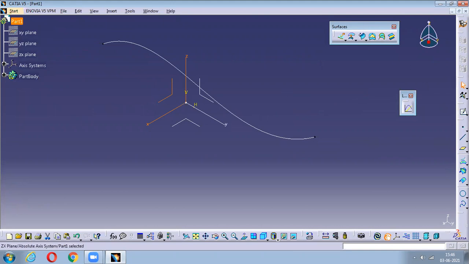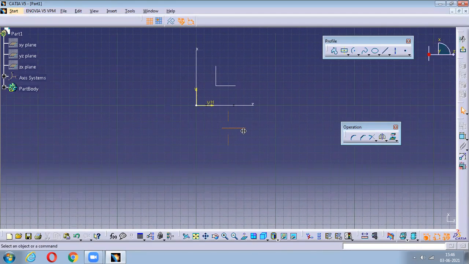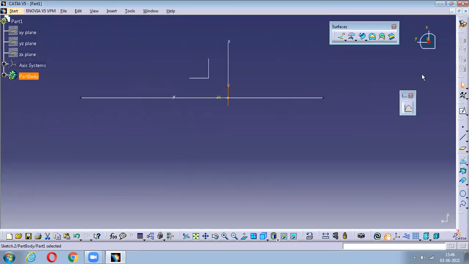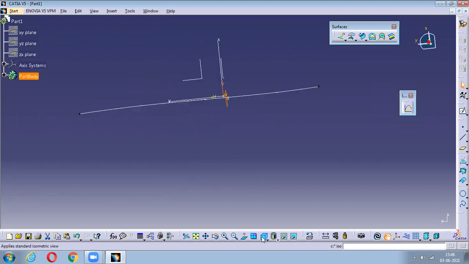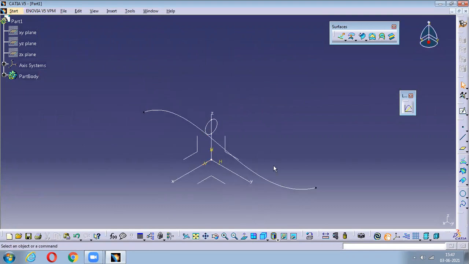Okay, see, even if I just go to the sketch here, now you can't draw here. Even if you draw it out here, see how it will come. So that thing will come somewhere like this. So if you want to create exactly on this point, what you have to do, you have to go with a reference plane, right?